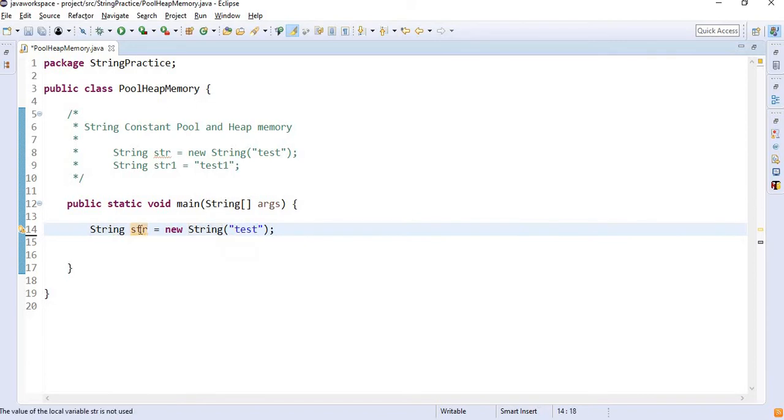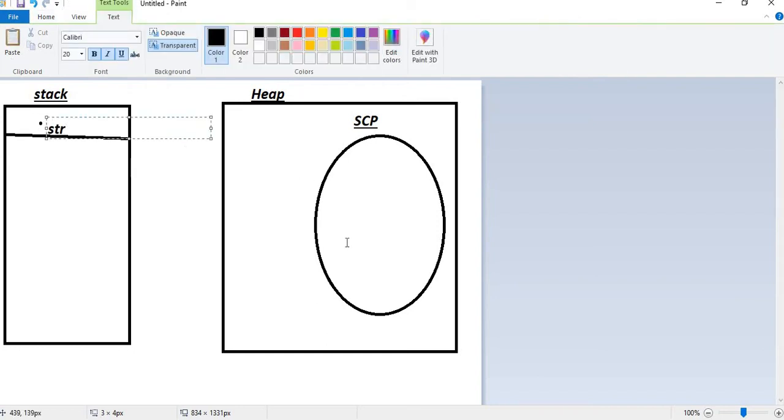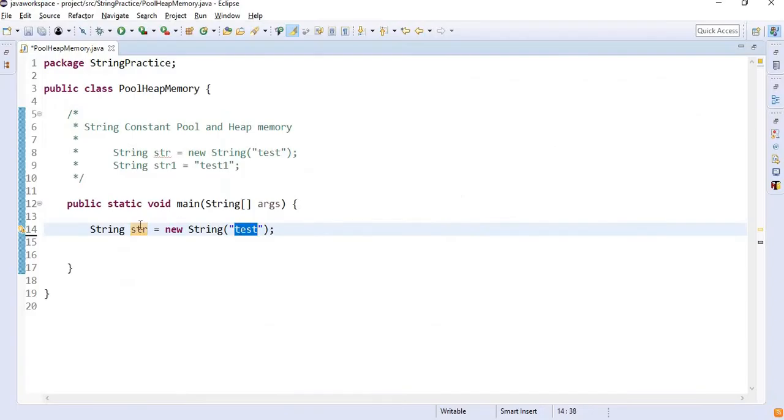In this case, what will happen is the reference variable will go into stack. Here str is my variable, and the value of str will go into heap. Why? Because we have created the string with the new keyword.